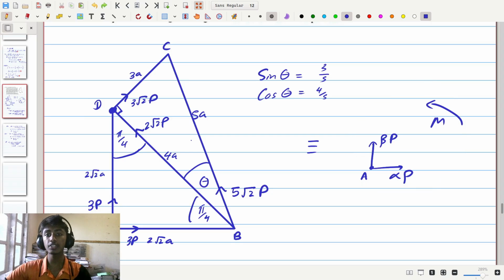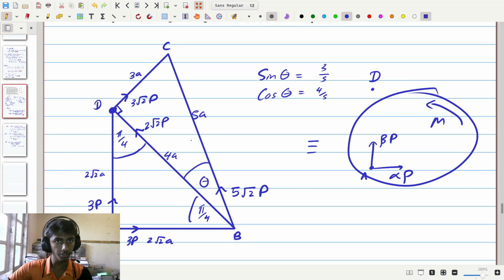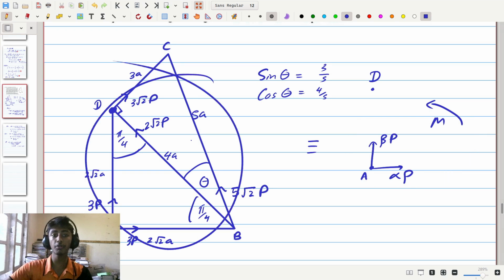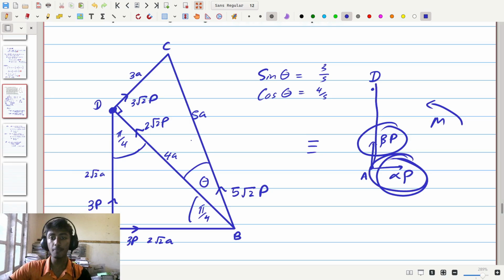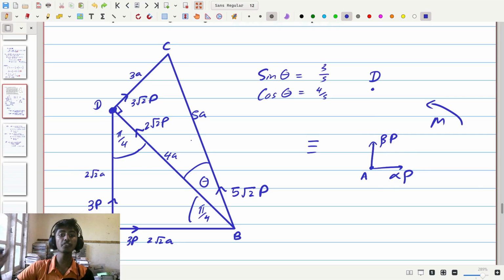Therefore, if we consider the point D here, and we take moments about D in this system of forces, we should get the exact same moment as we got in this system of forces. Now considering the moments here, we have two forces, beta p and alpha p. Beta p, however, goes through the point D, so it gives 0 moment. However, the force alpha p is perpendicular, which means that there will be a moment through the point D due